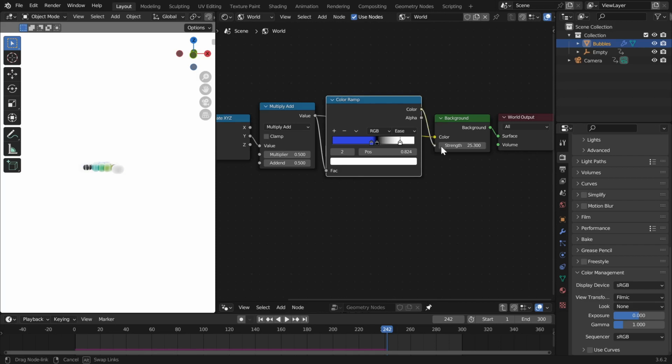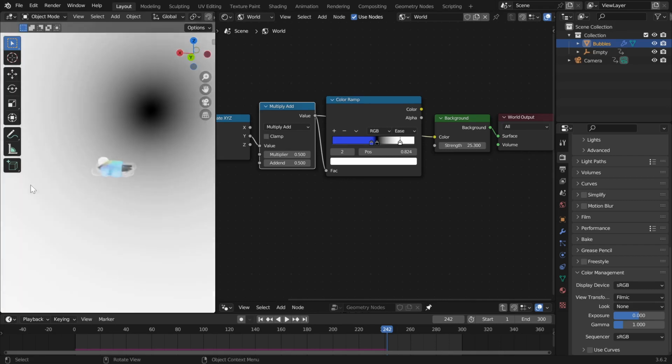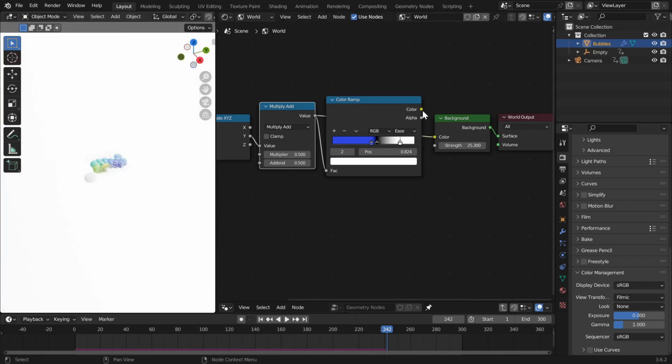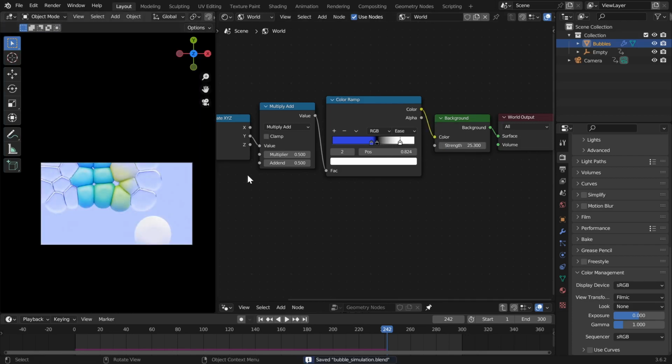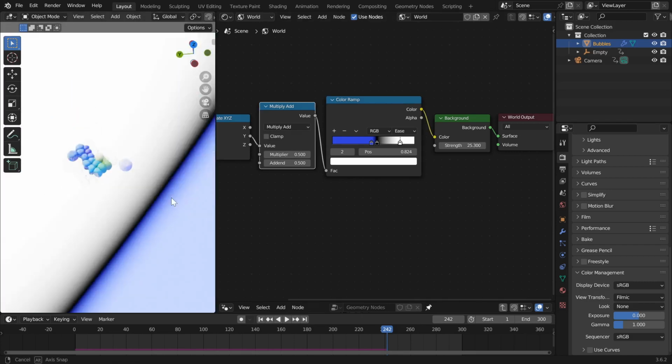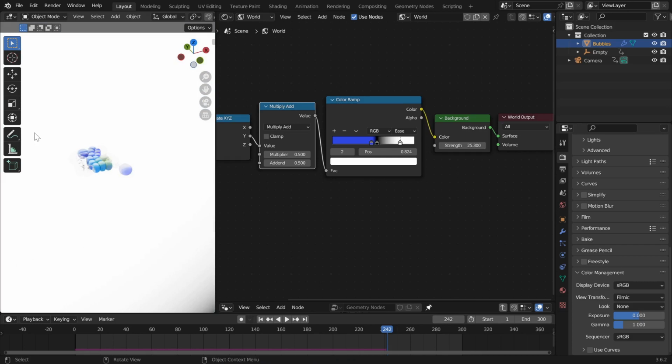It doesn't look white because we've got the strength set to 25. So if I actually just pipe this in here, then you'd get this gradation. But it actually is white. It's just the color of the monitor. Just bear with me, guys. Okay, so multiply add to get a gradation between 0 at one pole to 1 at the other one, and